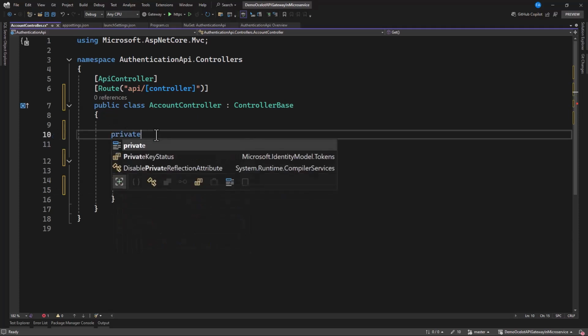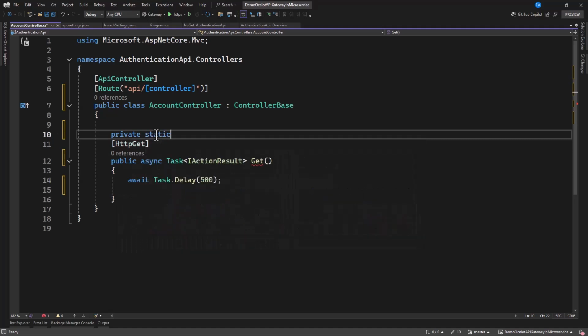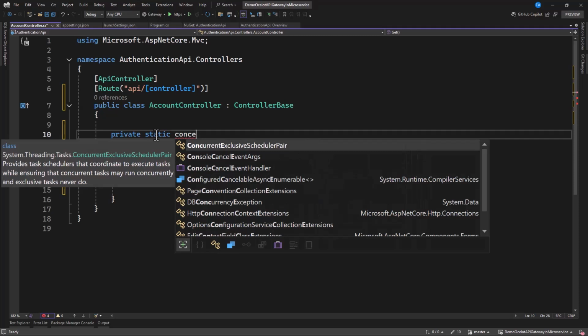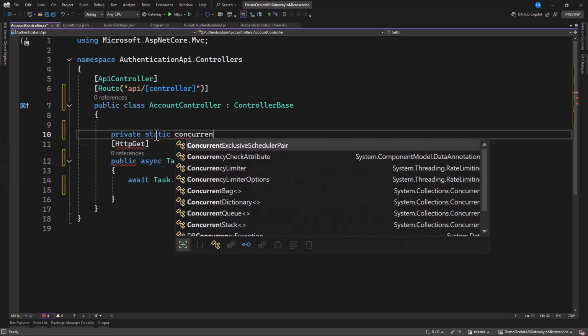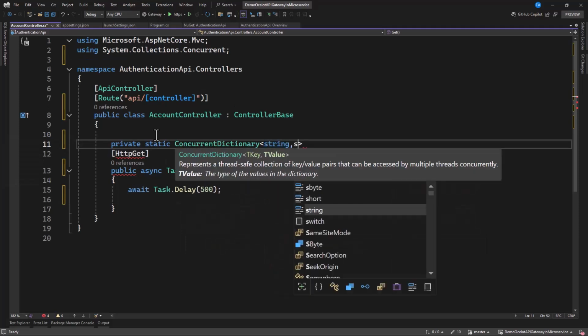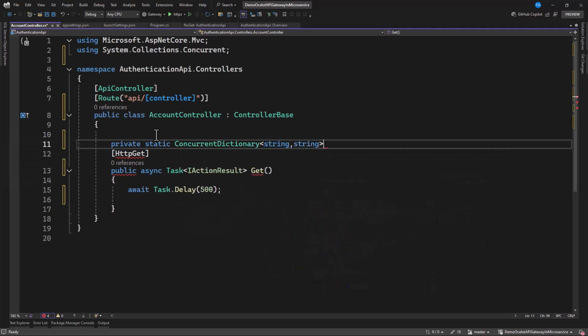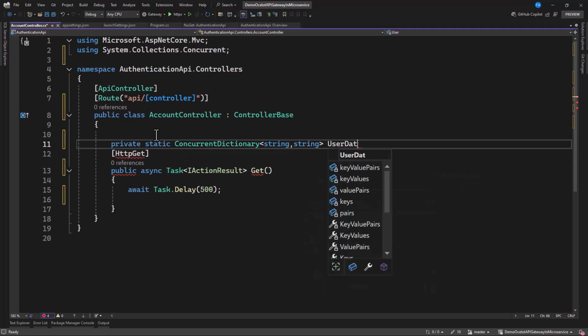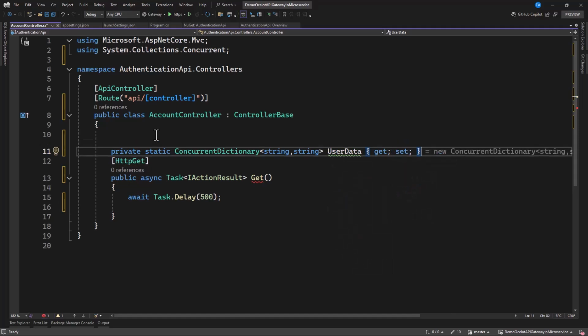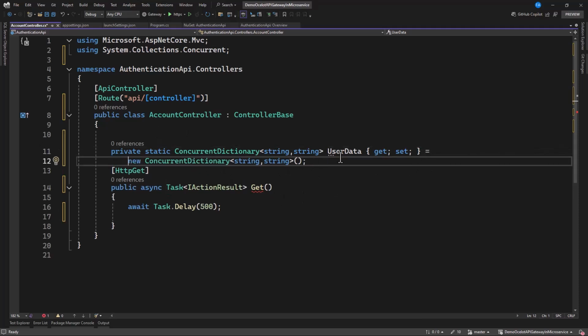So this is going to be private static, and let's use a ConcurrentDictionary, which takes in string and string. This is user data, we have our get and set, and this is equal to new. So this is what we're going to use to hold the data.